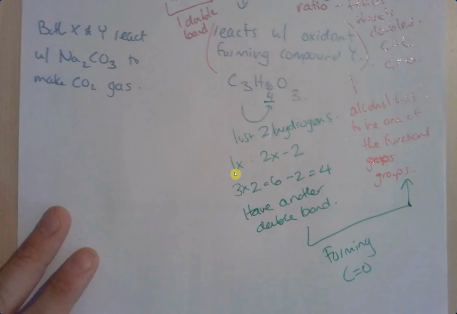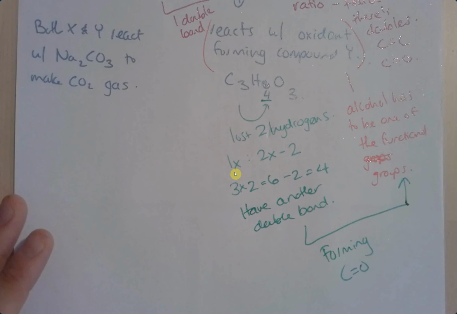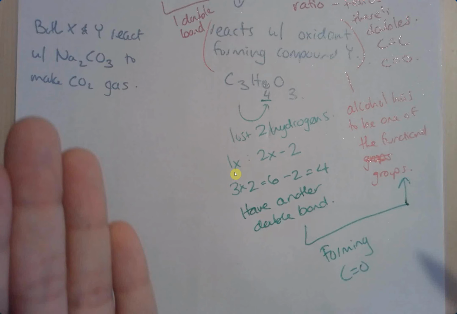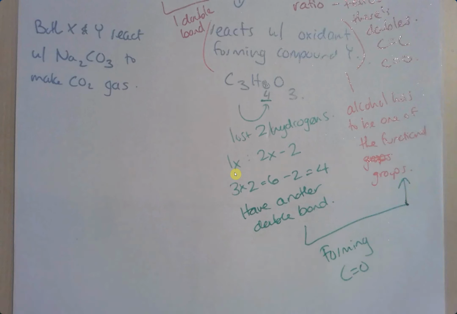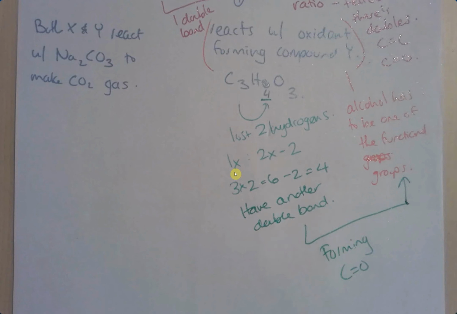I hope that makes sense with my thought process. So like I said, it's verifying each other, and that's confirming that alcohol has been converted into a carbonyl, because now I see an extra double bond there, and that's where my double bond is. One last hint from this question